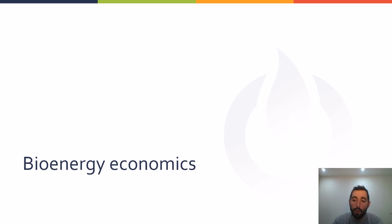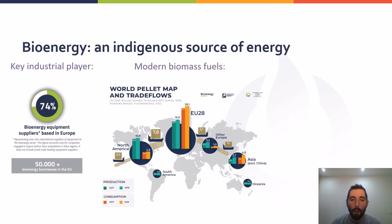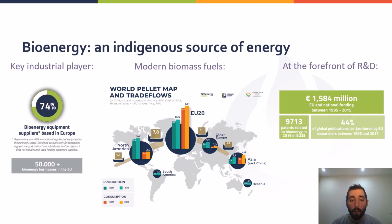On the economic contribution of the bioenergy, let's go a bit first on the indigenousness of the source. Most of bioenergy equipment is produced in Europe. 74% of the suppliers of the supply chain in Europe are based here. This is more than 5,000 businesses. You can see also on the graph in the middle on the map that Europe is central to the world pellet trade flows, so both in production and consumption, and also in R&D, in research and development. We can see the national funding is relevant, and the number of patents. So it's a very active industry that is committed in general